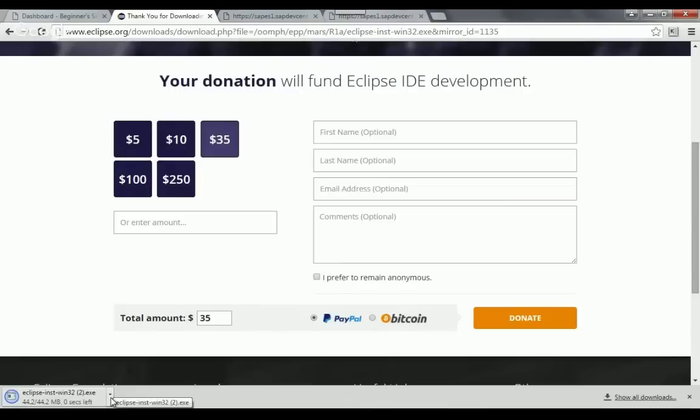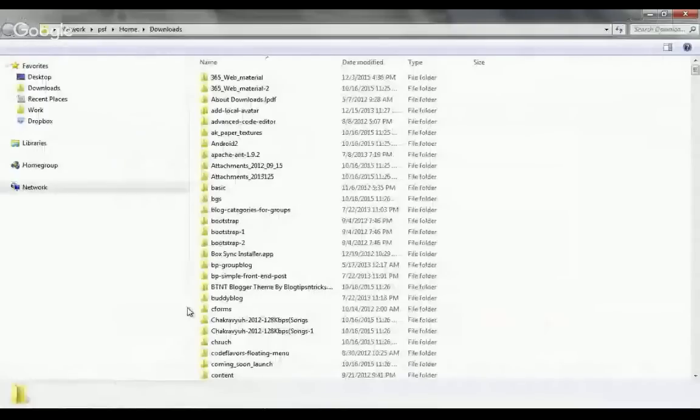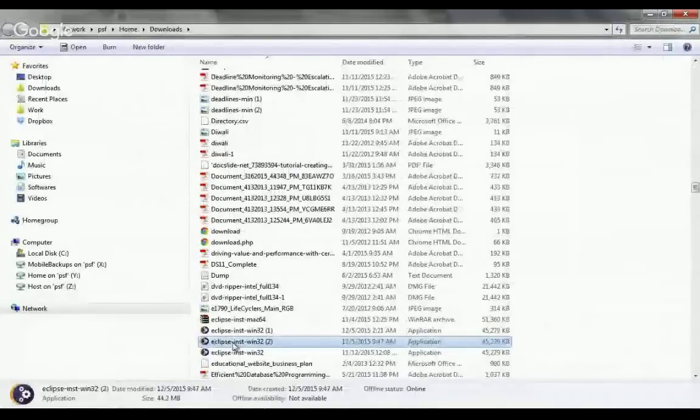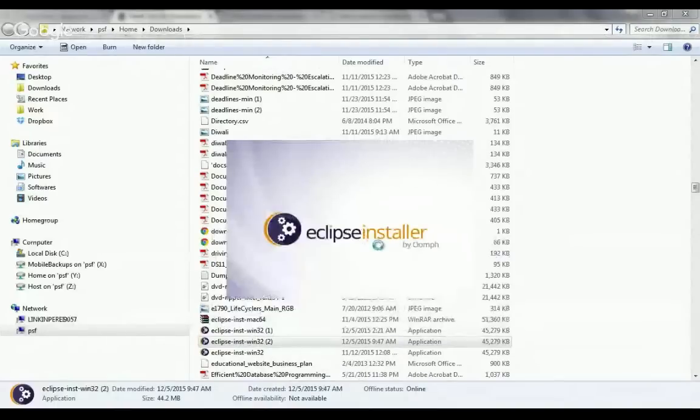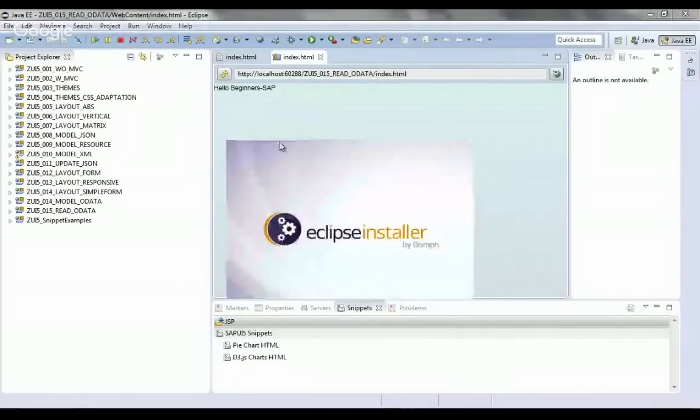Let me show you. Once you click the download button, you do show in folder. I already installed it multiple times, but just for the sake of it, I will show you. You just double click the installer. So here is the installer. The Eclipse installer starts, and things are very easy there. Let this installer start. I already have it installed on my machine, so I'm going to show you how it works. Once the installer is done, I will show you how to install it also.